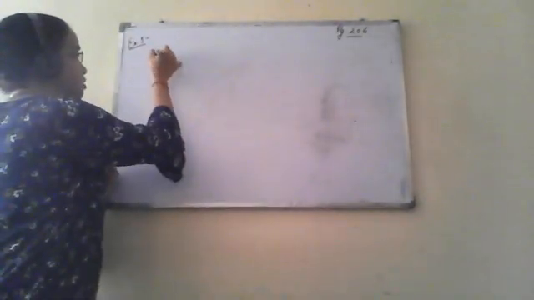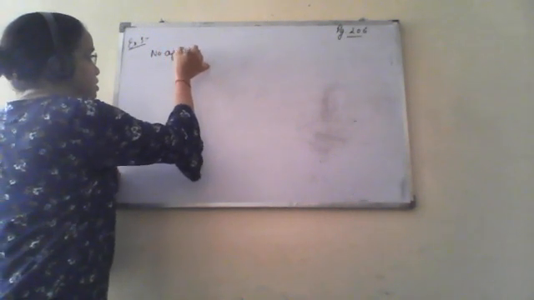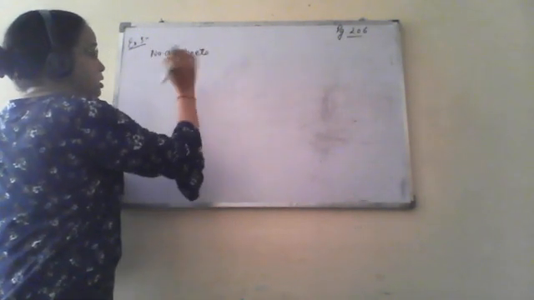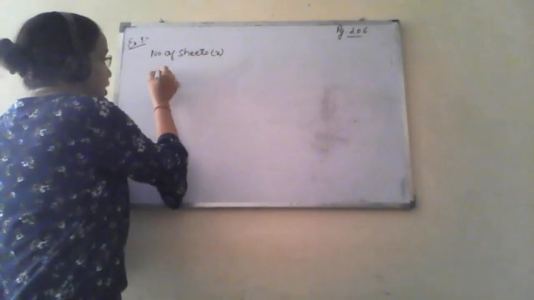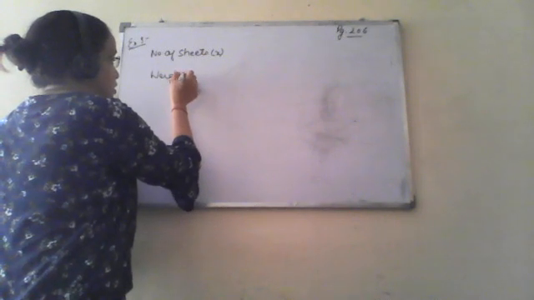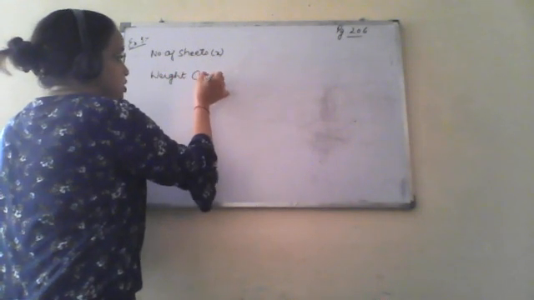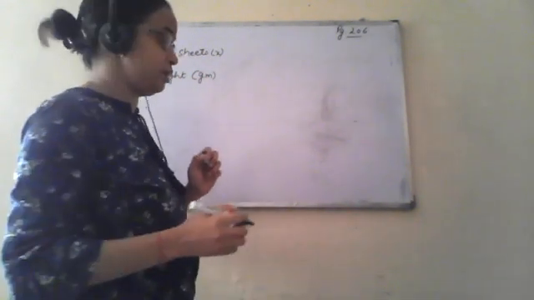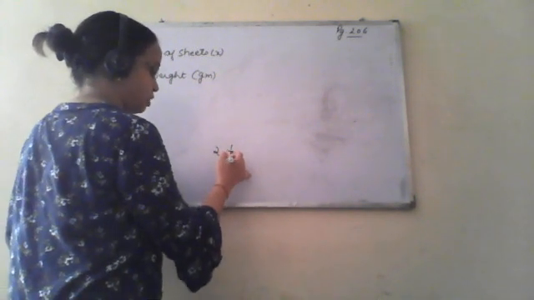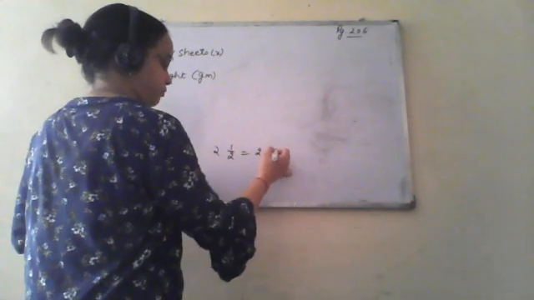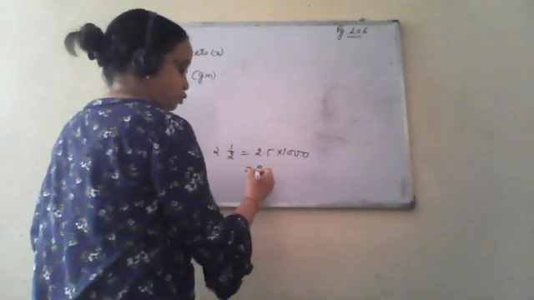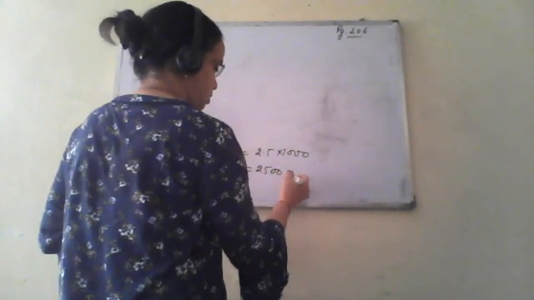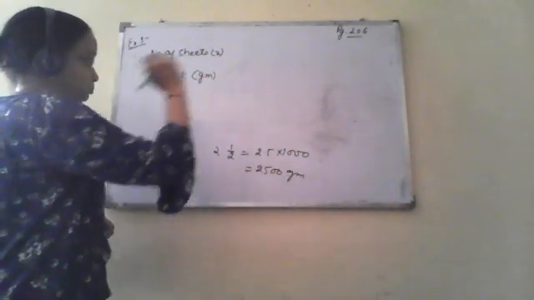So we will tabulate. There are the number of sheets. Clear? This is our x. Then weight, this is given in grams. This is 2.5 kg. We will convert it into grams. That is, 2.5 kgs will be 2.5 into 1000, since 1 kg equals 1000 grams. It will become 2500 grams.